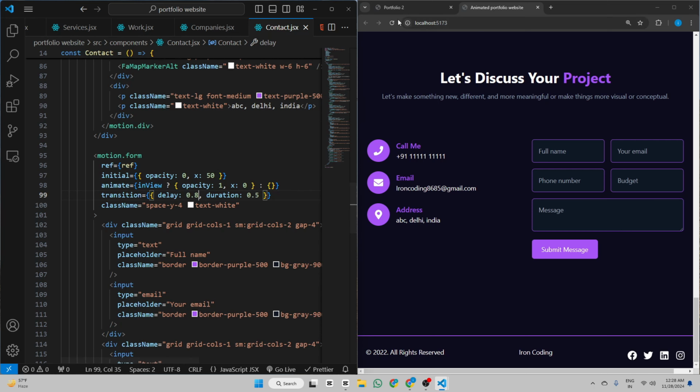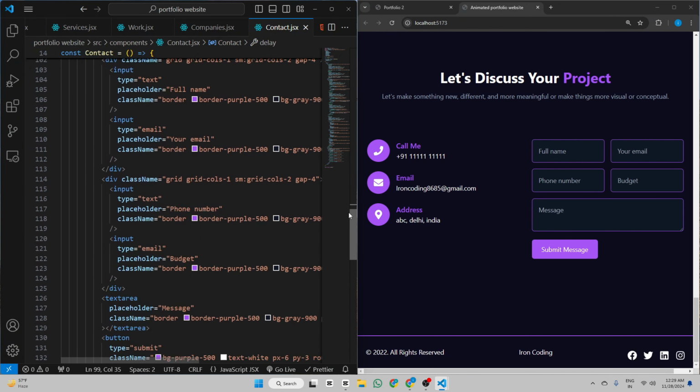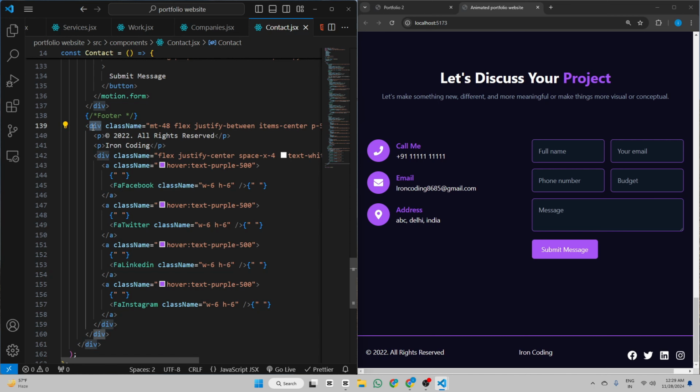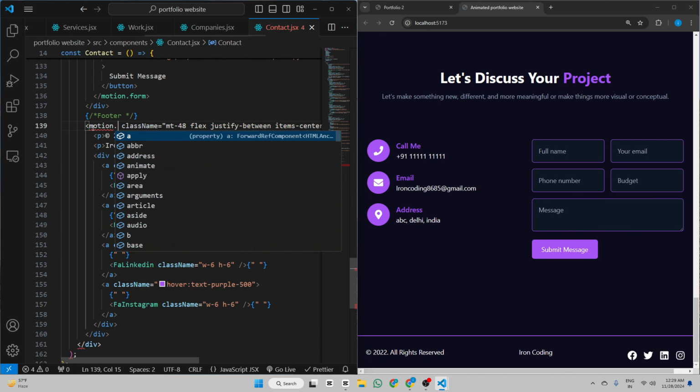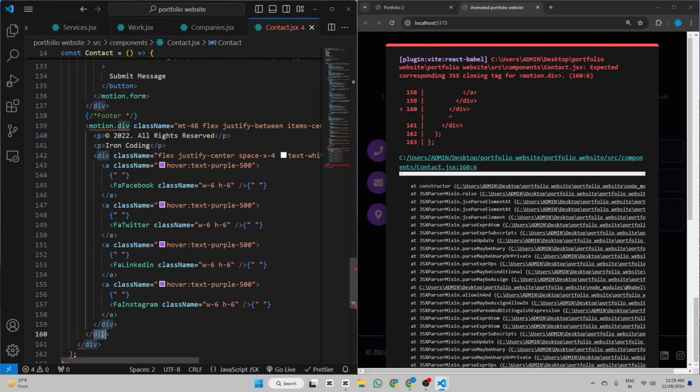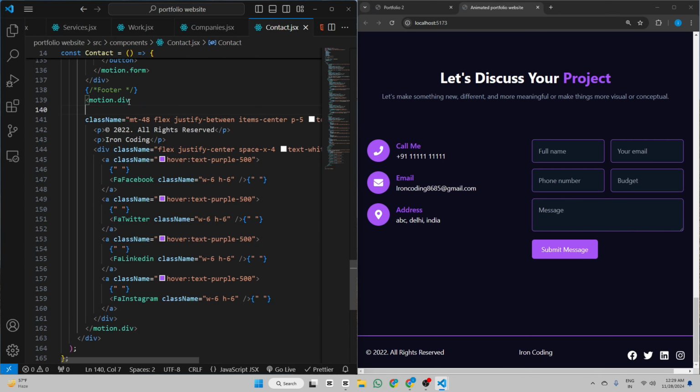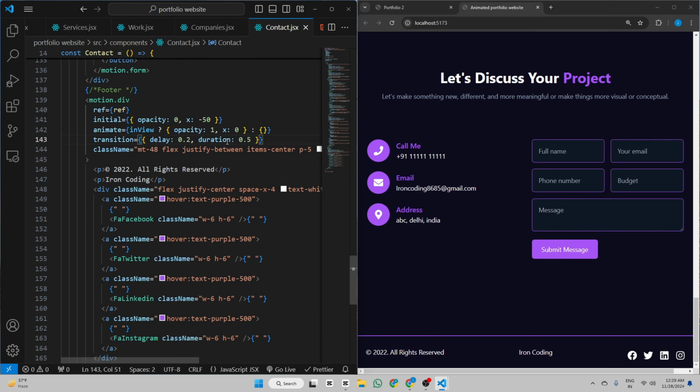Now refresh it and it's good. Now for our footer, so change the div to motion.div. Similarly here motion.div, and here paste that animation which we have using in all the sections. So here we don't need any direction, so remove these x directions, and here we can increase the delay to 1 second. So now refresh it,